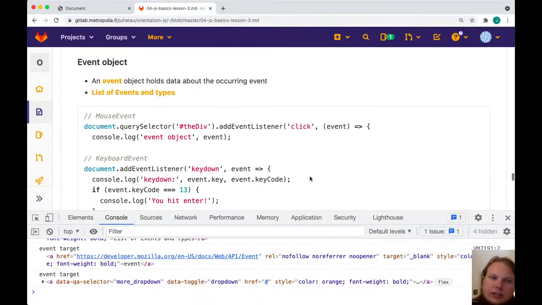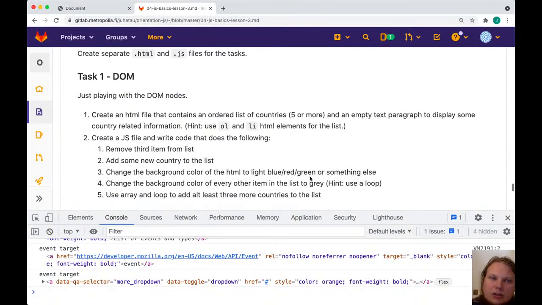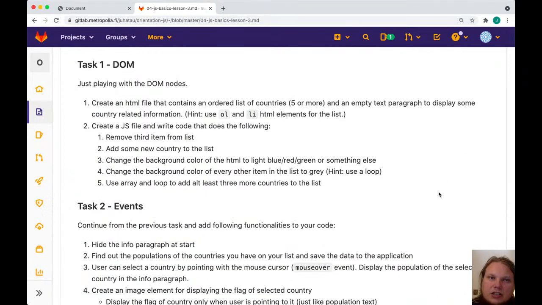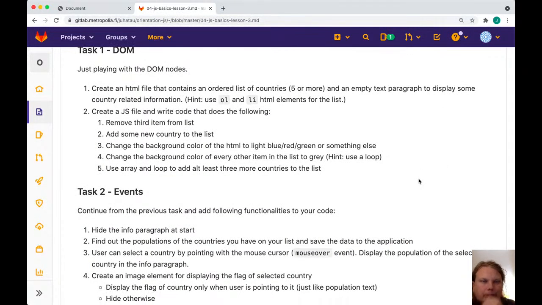Okay, I'm gonna close that. I'm gonna jump into these exercises that we have this week. So, first task is to create an HTML page which contains an ordered list with some countries, let's say 5 or more, and an empty paragraph to display some related information. And on task 2, we will start populating that paragraph with